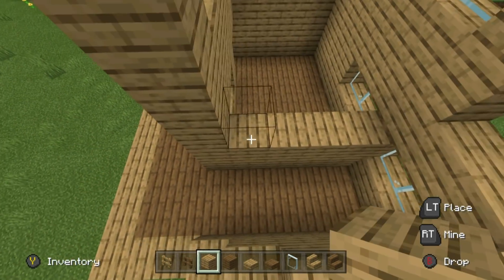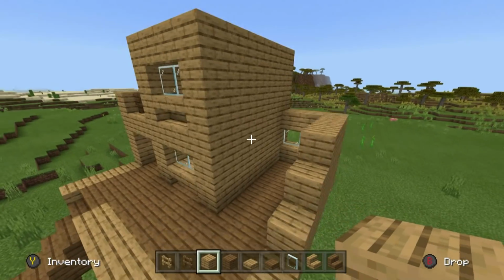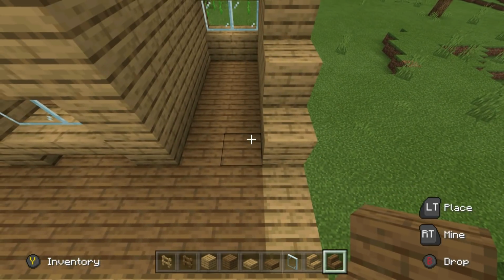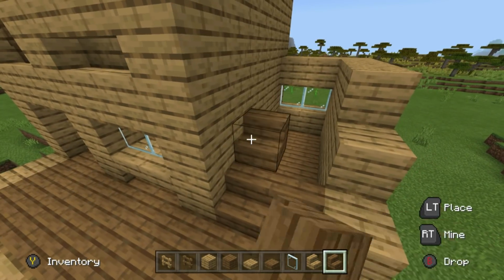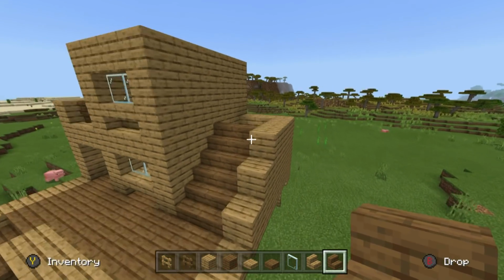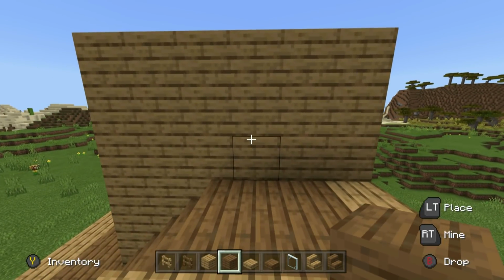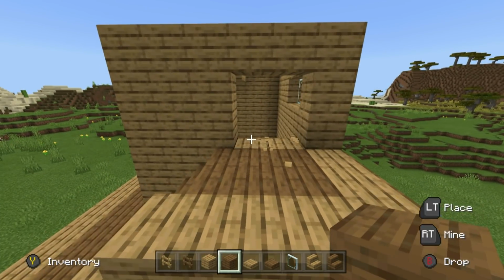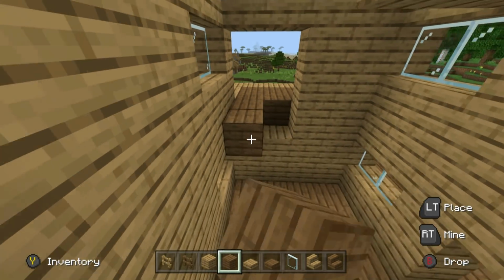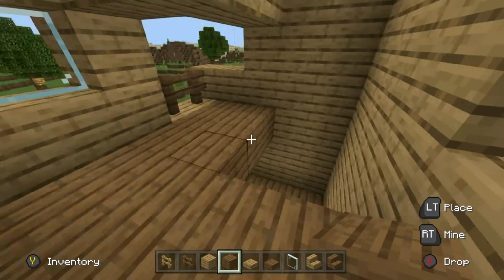We'll begin by filling in this entire side of the build. We'll connect the front to the back like such, but we are going to be digging through a little bit. So this area here has now become a staircase. We want to use 3 rows of spruce stairs extending from the ground upwards and backwards, and we just want to create a staircase, and we can fill the top of the staircase in using spruce planks, and the 2 spruce planks also want to be dug out into this wall, and we want to remove these oak planks, and the 2x2 square of spruce planks that we only had previously, we want to extend them across like this,